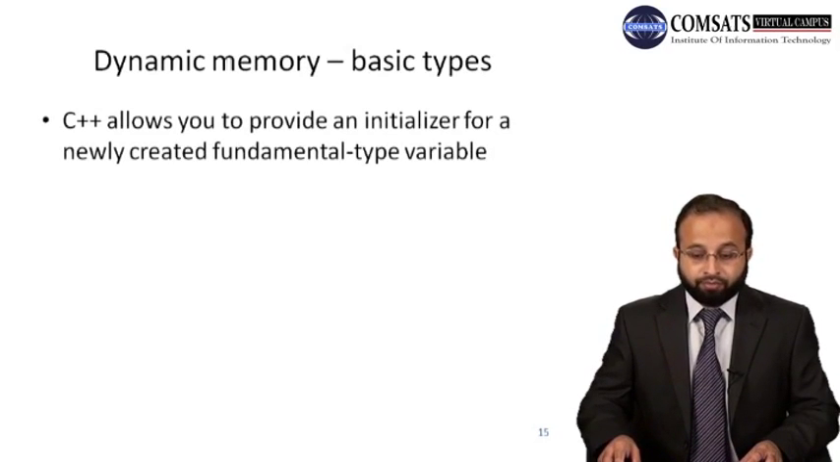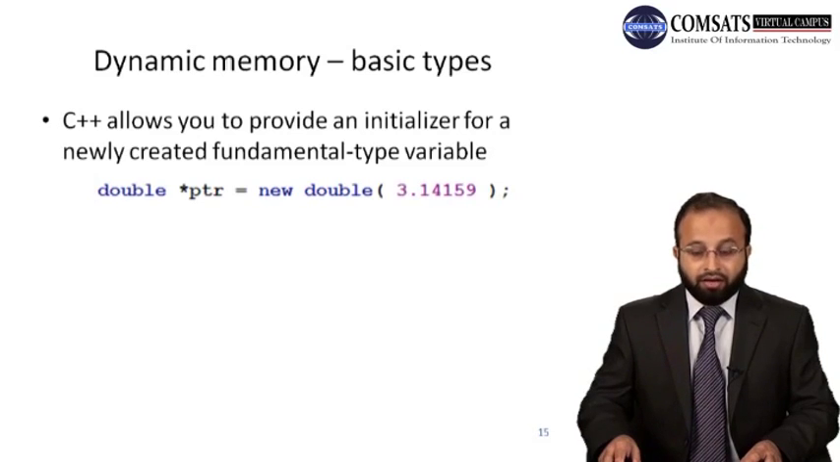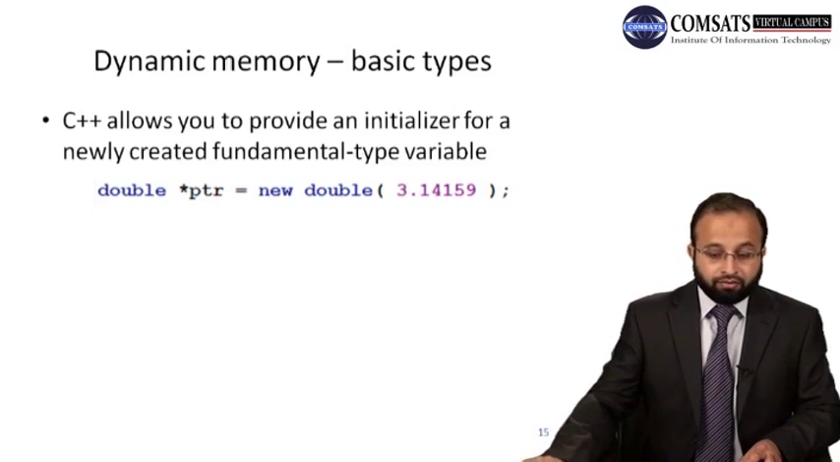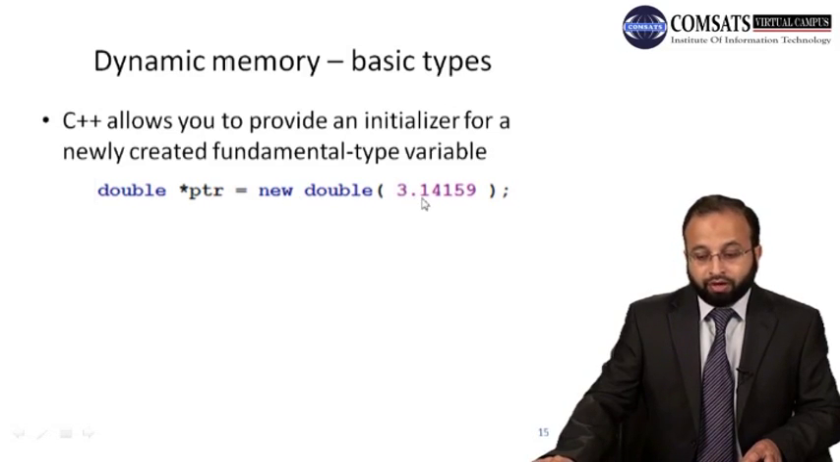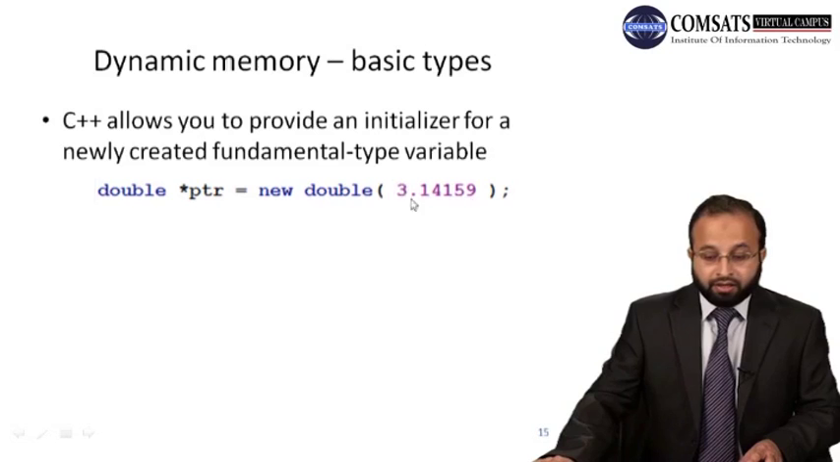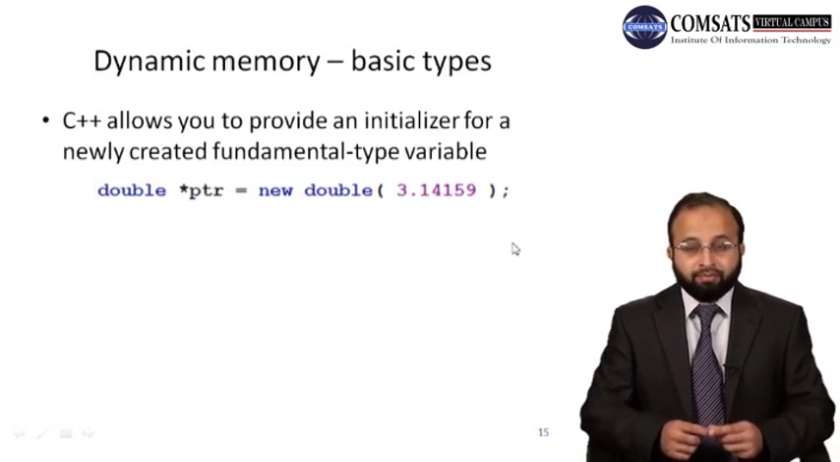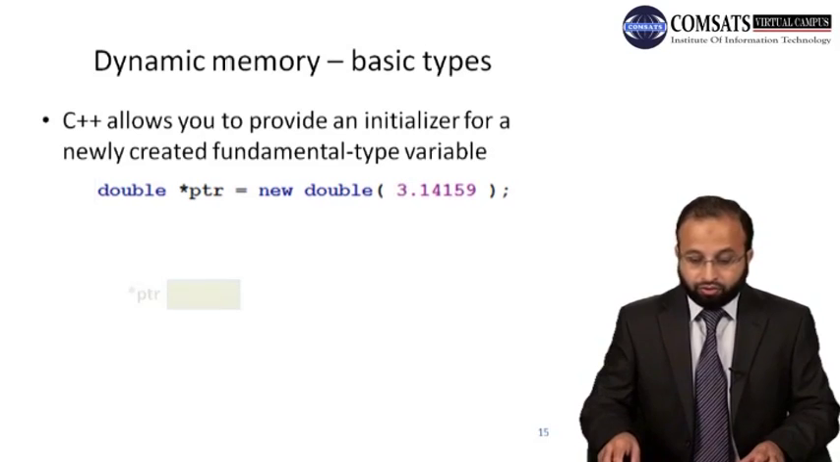Dynamic memory, let's see some of the basic types. C++ allows you to provide an initializer for a newly created fundamental type variable. For example, we can allocate memory for a floating point value, and then we have a pointer that points to that memory location. Now this is the type of the pointer. The new operator creates a memory of type double, and the value stored in that memory is 3.14159, right? So first it allocates a memory for a double that is 8 bytes and stores the value